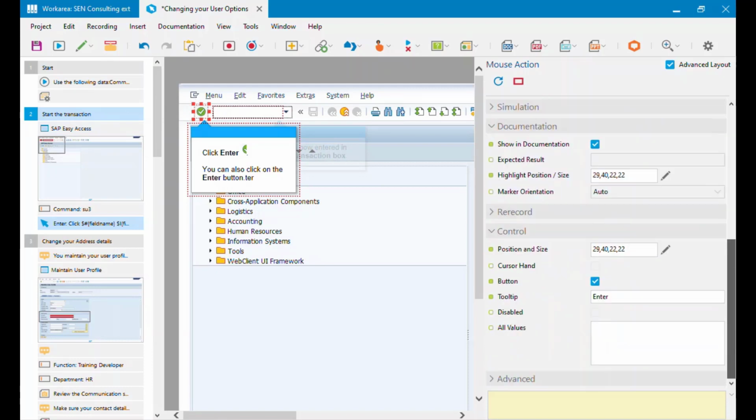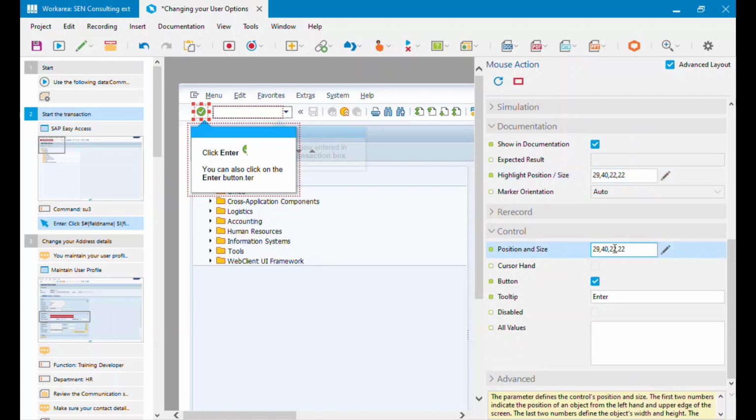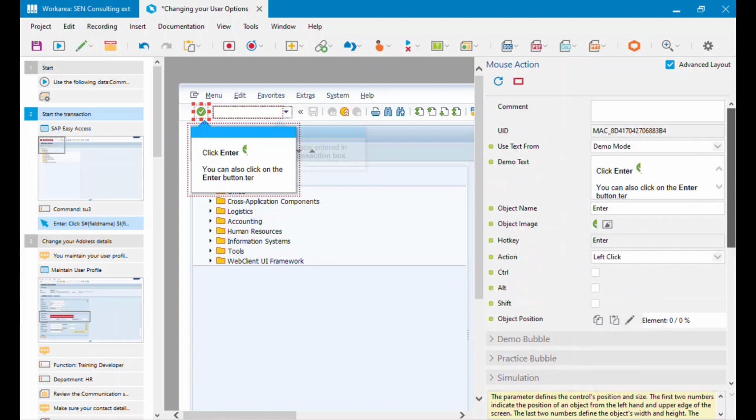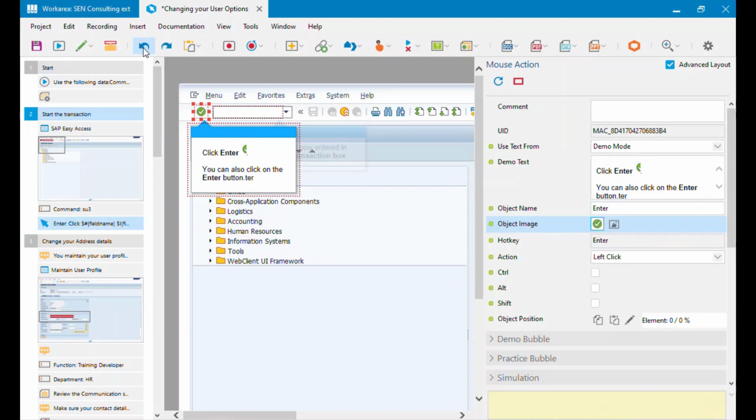That's not been changed. And the highlight position still shows 22 pixels by 22 pixels, and the control position and size also shows 22 by 22 pixels for the size of that area. So you can see that if I change it in here in the properties sheet, it's not going to affect everything else. Now that doesn't look particularly good, so I'm going to undo that and show you another way of